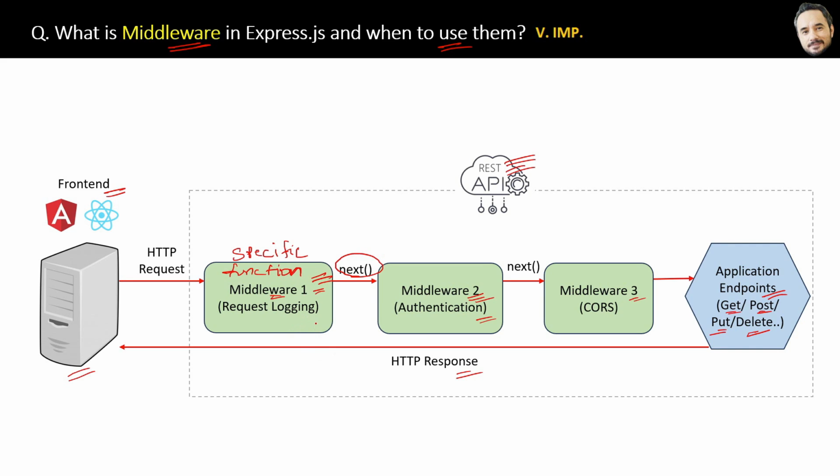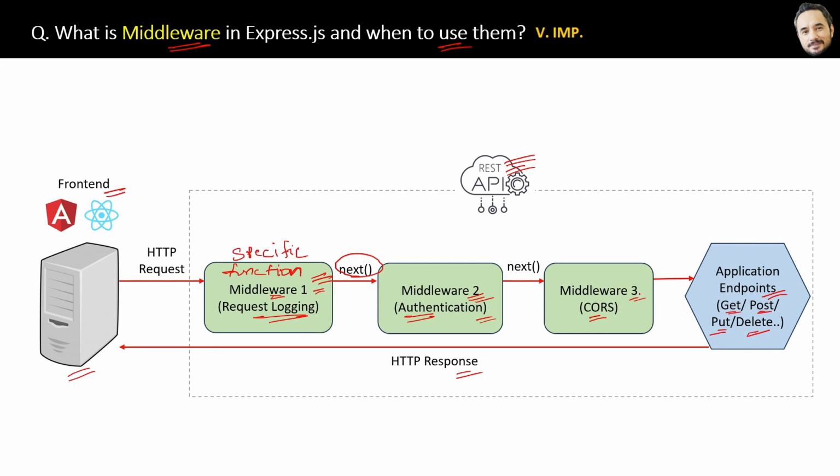And if you notice, these middlewares are very common functionality for which a developer has to write the code in, I think, almost all applications. So basically, whenever a request comes, you will log the request details, then you will authenticate or validate the request, and then you will write some code for security. So these are very common functionalities in every application. These are not business logic. It is for security, validation, all these purposes.